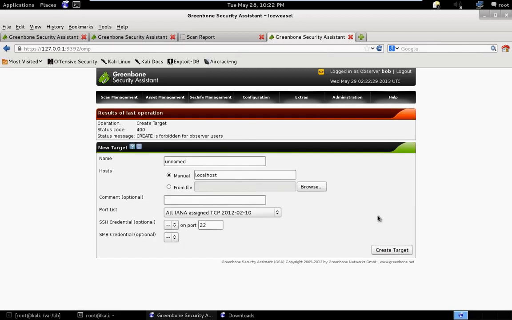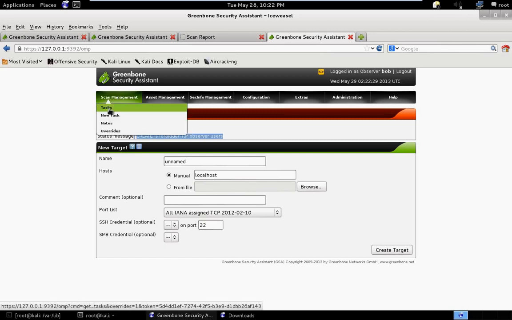Okay, good. So while he's presented with the menu, he can't do anything because he's just an observer. I just wanted to test to make sure that their security works fine. Create is forbidden for observer users. If he was a regular user, he might be able to do it. If he was an administrator, he definitely could do it, but we don't want anybody to be administrator but us, right? So he can't even create a scan, so that means he really can't create tasks,